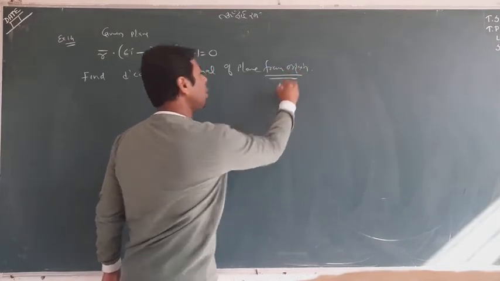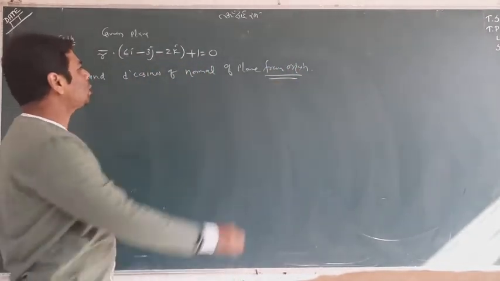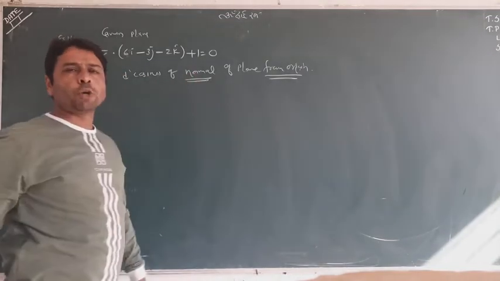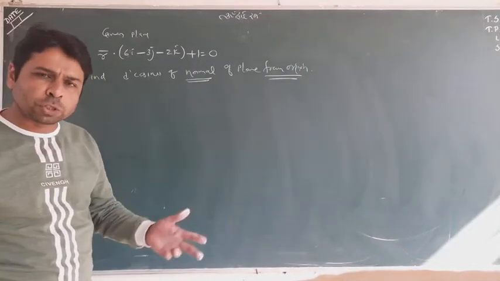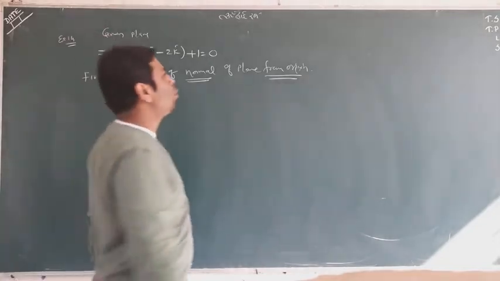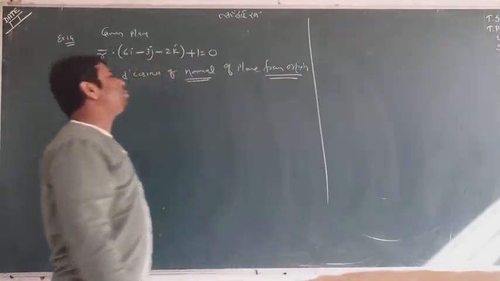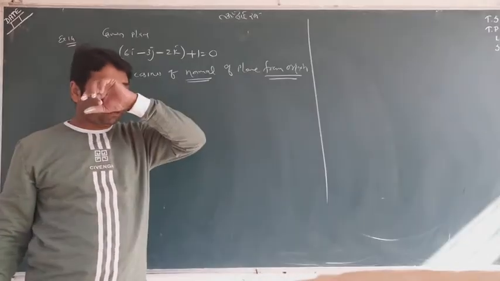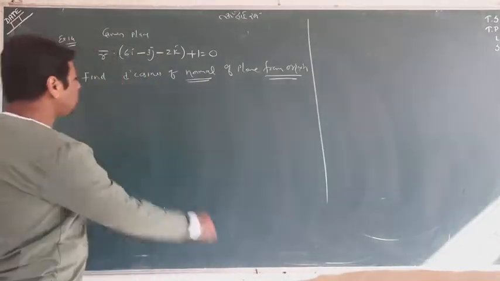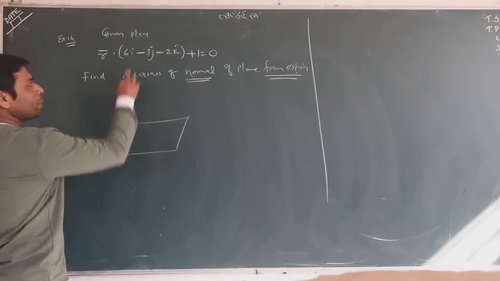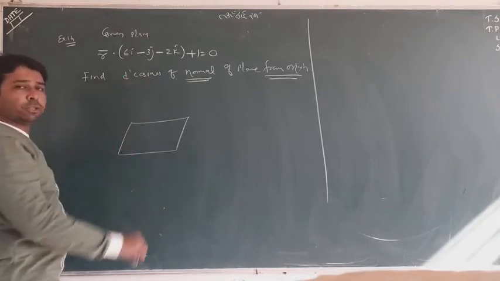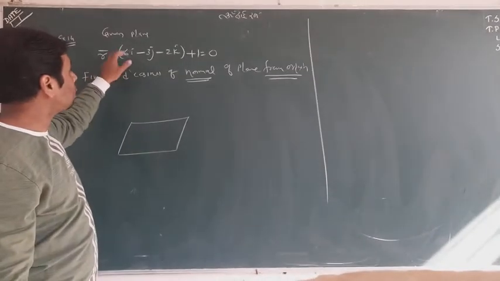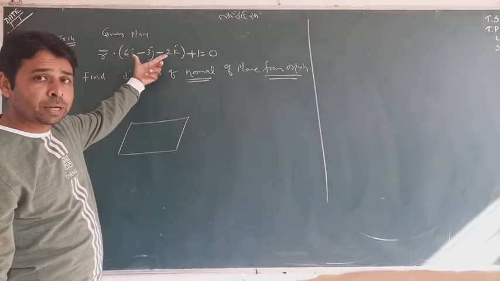This sentence may or may not be given, you don't worry, the important word is normal. Normal of plane, from origin or may not be origin, no worry about that. Okay. So how can we find that particular direction cosine of normal of plane drawn from the origin point? What is its meaning? The meaning is, this is the plane. Can you see the plane? r dot, it is not n cap, it is only n.